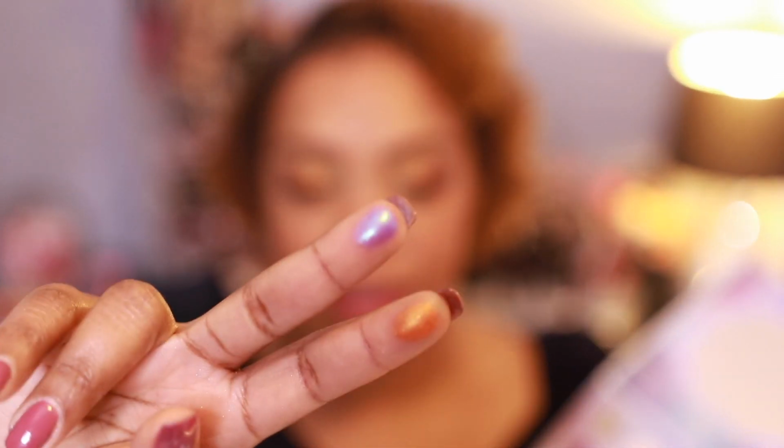Now this shade is absolutely stunning, but the performance was just okay. I got a good look. I don't feel like it was my best look. I don't feel like it was my worst look. It was just okay. So I may try Odins Eye again. I know a lot of people really love Odins Eye, but I feel like my bar has just been raised,